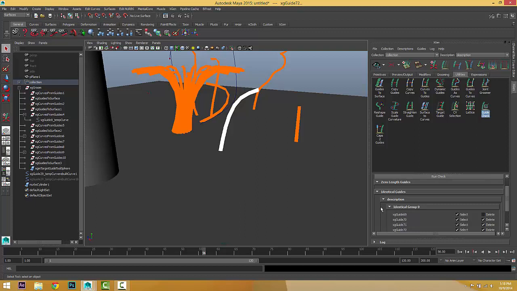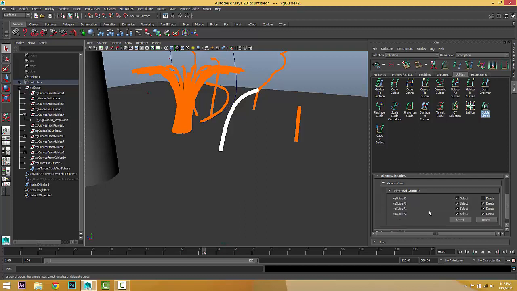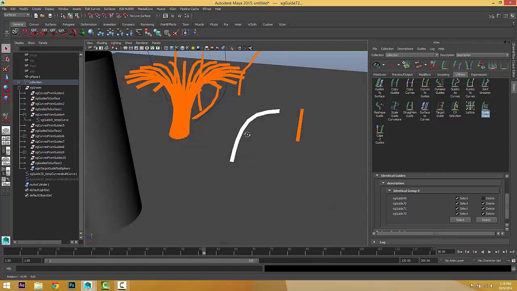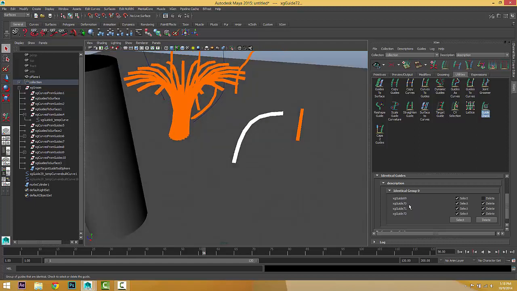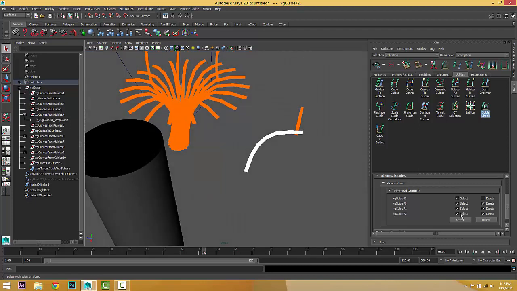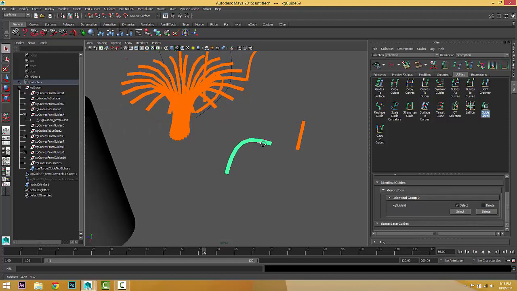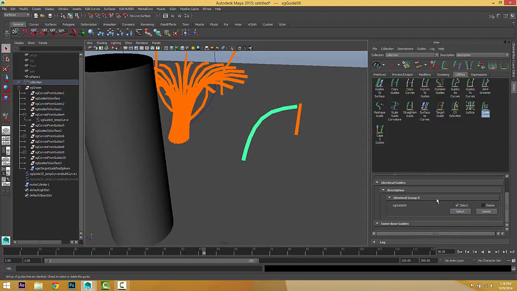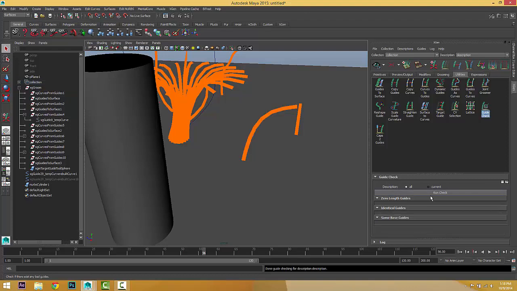On the identical guides, we've got 4 guides. They are all on top of each other, which is guide 69, 70, 71, and 72. You can delete them. For example, you can select this. Don't delete the 69, but you can delete the other 3 because they are all identical. Just delete. Okay, we got this one. Now we've got no problem. Run check again, we've got no problem.